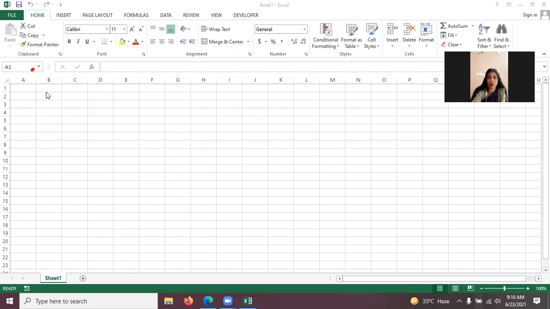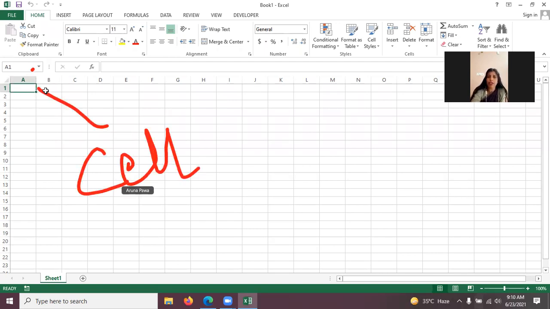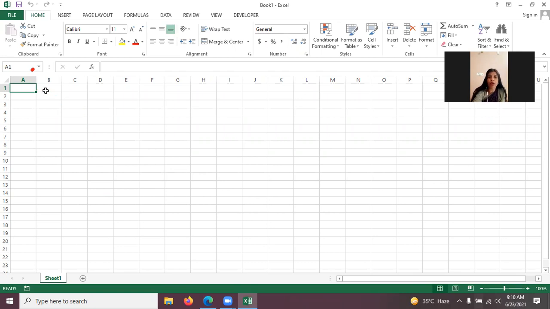And these boxes, which are created with the help of the intersection of row and column. Select any one cell, beta. So this kind of boxes, the complete sheet is having. This box is called a cell. Now, every cell has its own cell name, or you can say cell address.